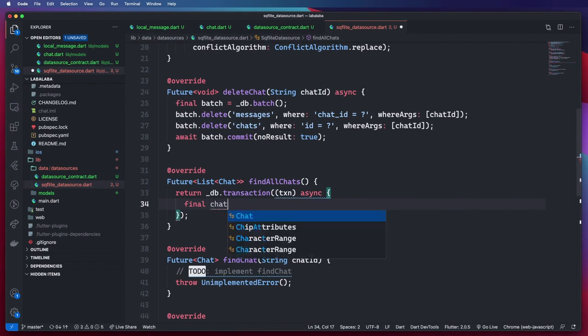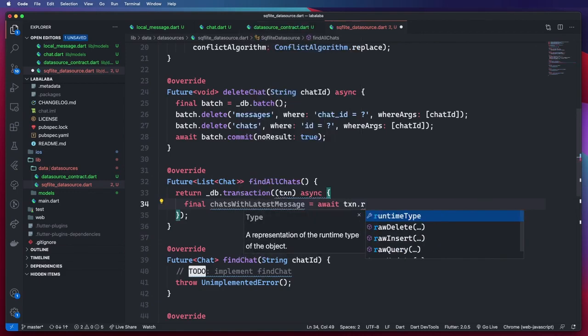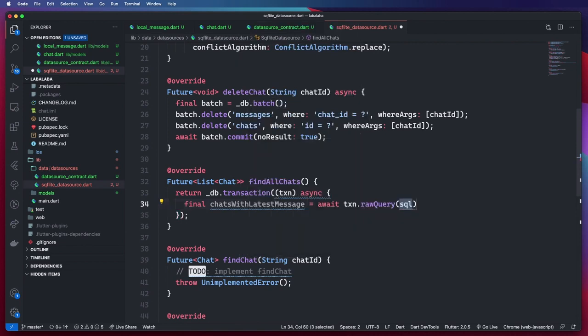So first I'm going to create a variable known as chats with latest message, and this is going to be a raw SQL query. So I'm going to say await on the transaction object, I am going to run a raw query, and inside this query I'm going to use a multi-line string,